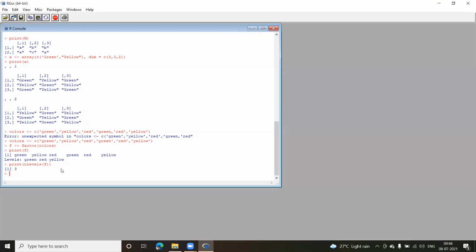So data frame is another one. Now, what is a data frame here? A data frame is nothing but your tabular data object. And when I say tabular, that means I'll be having rows and columns. You know, even your array has rows and columns, your matrix has rows and columns. So unlike the matrix, in a data frame each column can contain a different mode of data.